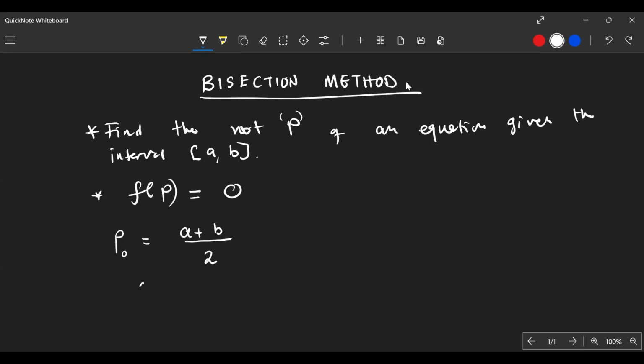You are going to have f of P naught, and you get another value, say K. The next thing you need to identify is the sign of this K. Is it positive or negative? If K is negative,